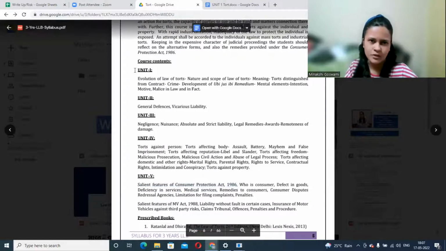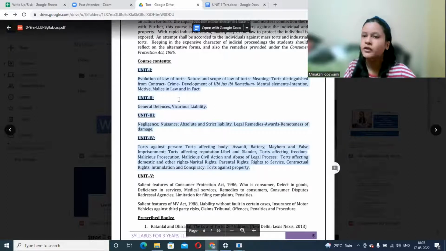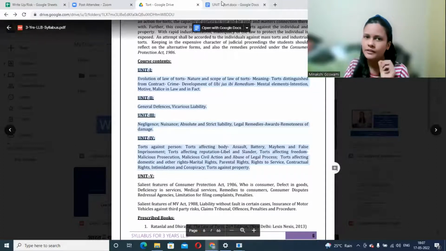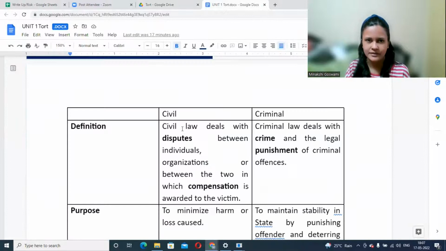and all that. So first we will start with this part, which is actually what tort is about. All right. Like you said, you have already studied what is tort, civil, criminal. As such, there is nothing called as criminal tort. Tort is completely civil. Yes, you have a concept called difference between tort and crime. Might be you got confused with that. So tort is completely civil. All right. So we will start with.